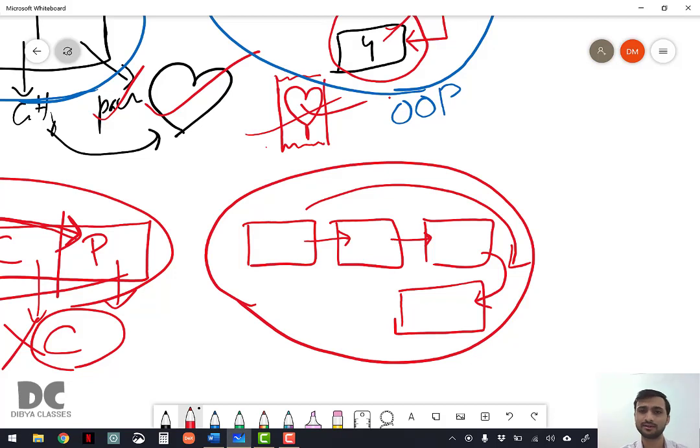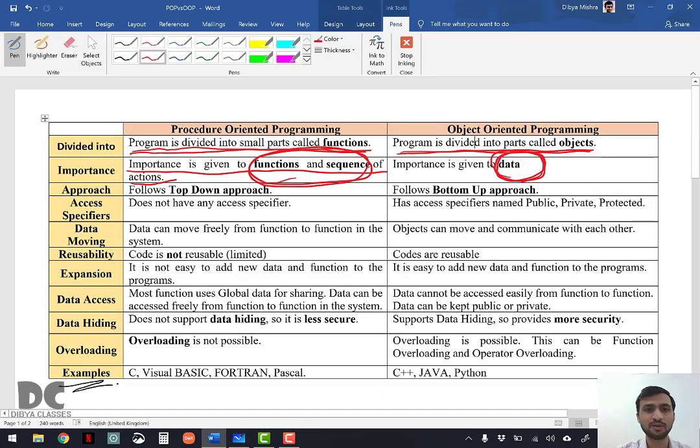The data is more important here, while there functions and the sequence is more important. Data are present in objects. Since it is object-oriented programming, most stress is given to the object, and object is nothing but it has the data. So the importance of data is more here, but there the importance of functions is more, because program is divided into functions, and in OOP the program is divided into objects.